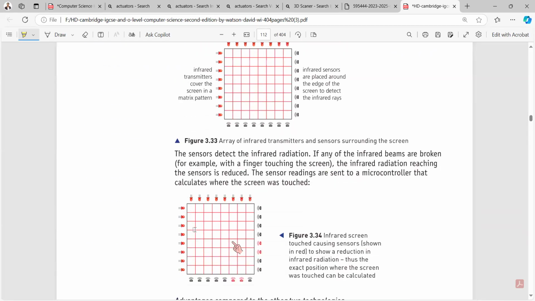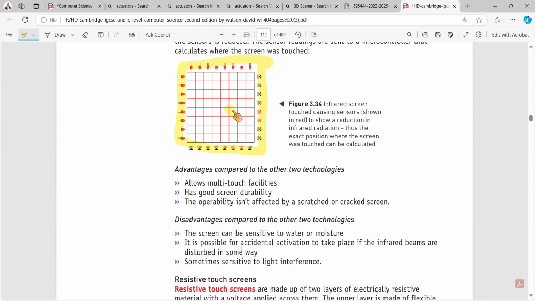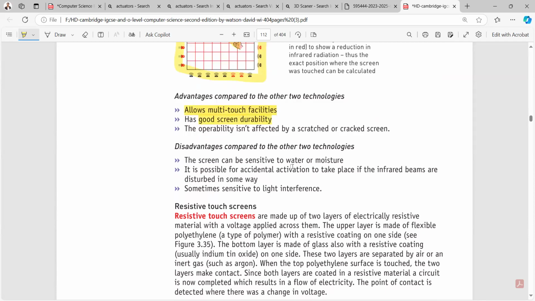फिर ये आपके सामने इंफ्रारेड रेडिएशन है। इंफ्रारेड स्क्रीन के अंदर होता यह है कि चारों कॉर्नर्स के ऊपर आपके पास इंफ्रारेड रेज होती हैं। अब जैसे ही आप किसी भी एरिया के ऊपर आके टच करते हो, वो इंफ्रारेड रेज जो है आपके पास डिस्टर्ब होती हैं, तो पता चल जाता है यूजर को कि यूजर ने इसके ऊपर सेलेक्ट किया है। इसके एडवांटेजेस ये है कि it allows multi-touch facility, it has a good screen durability. आपका ऑपरेशन कभी भी इफेक्ट नहीं होता अगर स्क्रीन आपकी टूट जाए। डिसएडवांटेज ये है कि स्क्रीन रेजिस्टिव हो सकती है